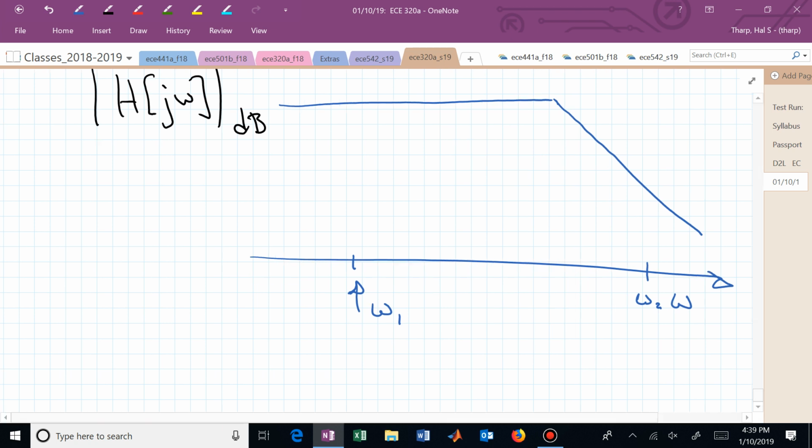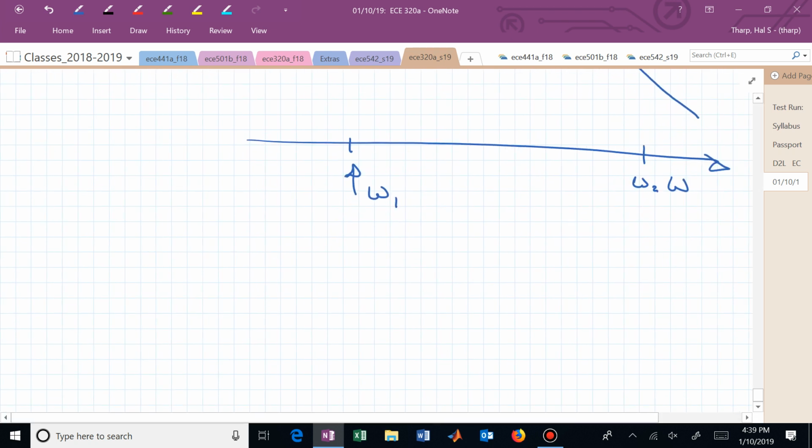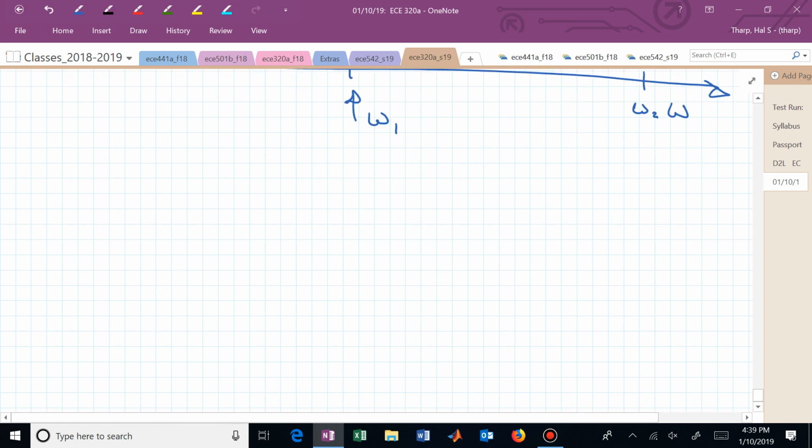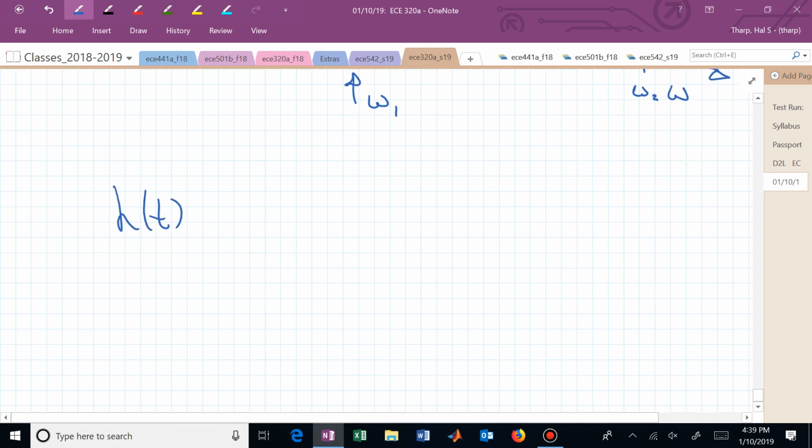What if somebody says, I'm not just going to put in a sine wave. I want to put in a complicated waveform, V sub I of t. What's the output going to be? Not a problem. I learned it in 320. I'm going to take the impulse response and convolve it with your crazy input, V sub I of t. Done. So you're going to take h of t, the impulse response, together with some generic input waveform